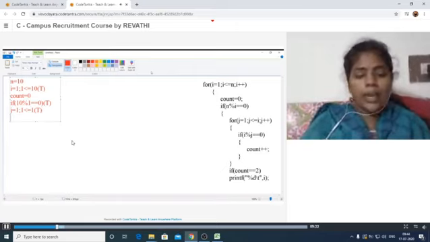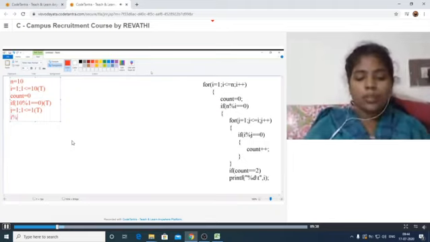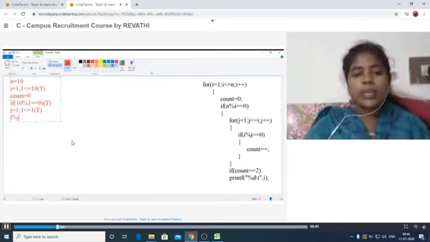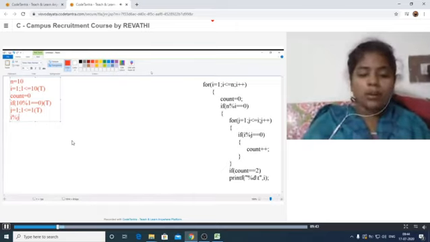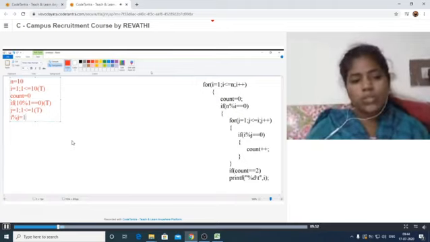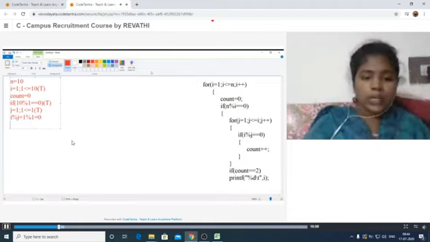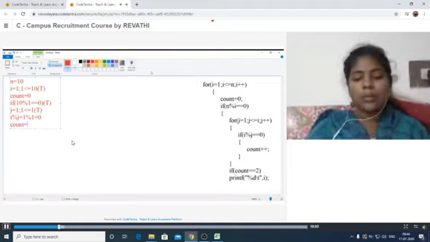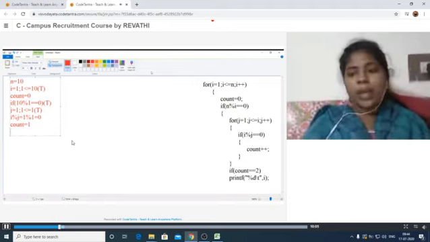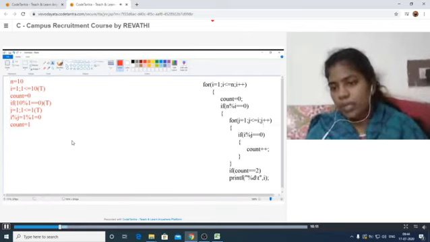Again we are checking is i modulus j is equal to 0 or not. Now i modulus j, in the sense, what is the i value here actually? 1 only. The j value is also 1. 1 modulus 1, that is equal to 0. If the condition is true, then the count value can be incremented by 1, that is count is equal to 1 here. But in this loop, again j can be incremented by 1, that means j is equal to 2 here.